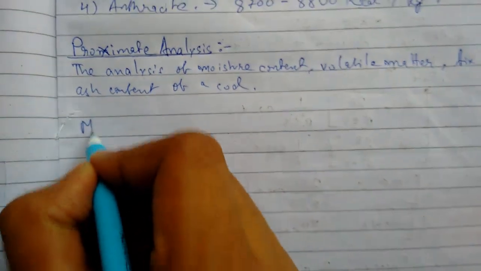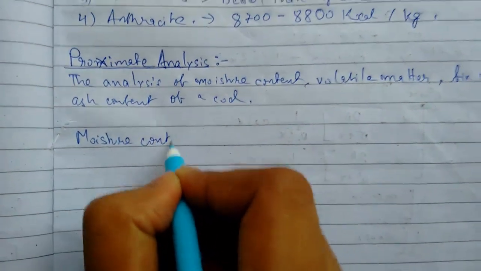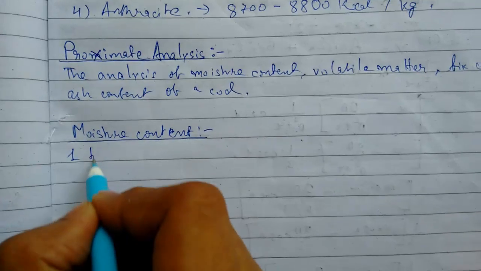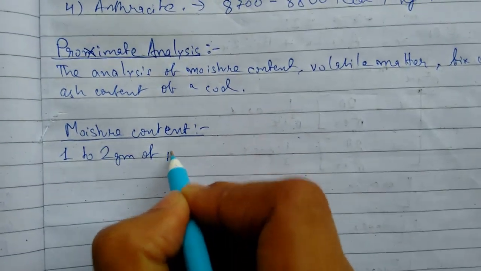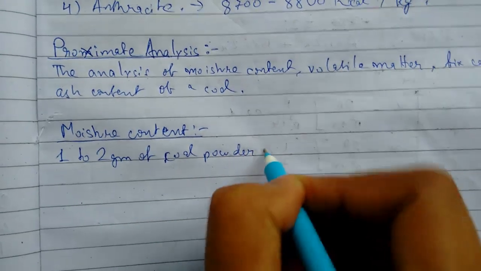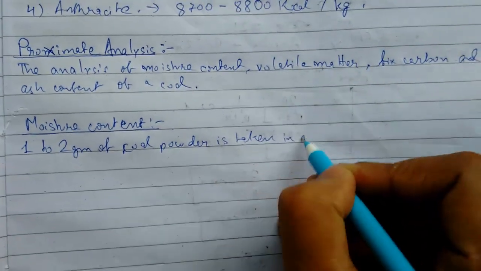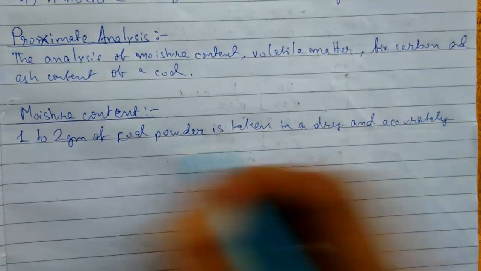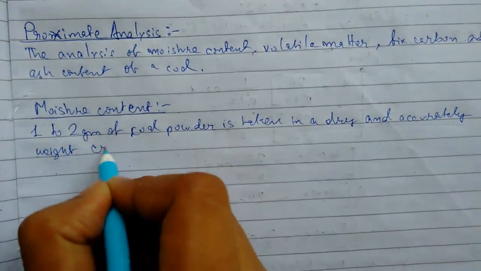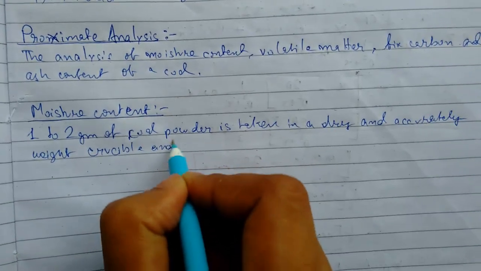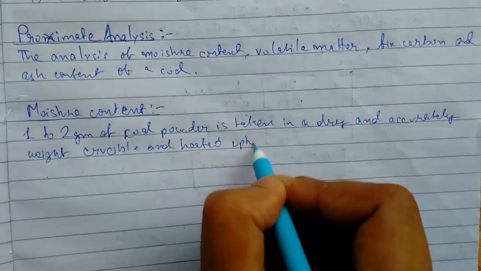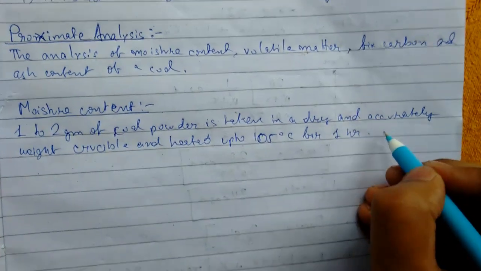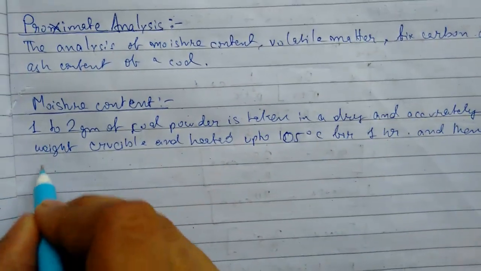So first, moisture content. Let me add the definition. 1 to 2 gram of powdered coal is taken in a dry and accurately weighed crucible and heated up to 105 degrees Celsius for about 1 hour, and then the crucible